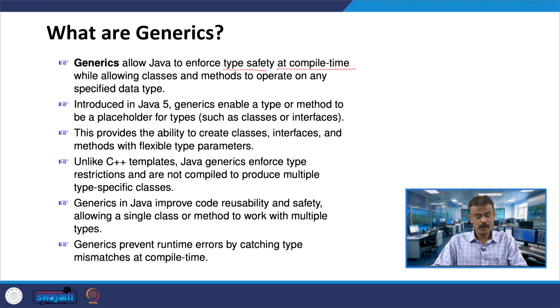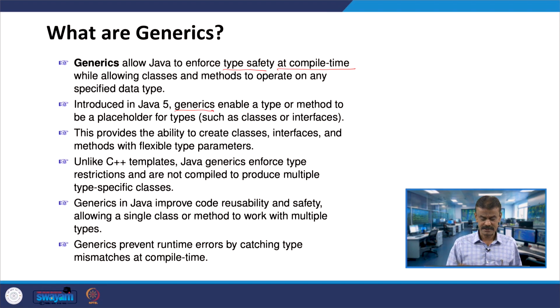While allowing classes and methods, here in this case classes and methods can operate on any specified data type. Whatever we define as templates in C++, here we call generics in Java. It was introduced in Java 5.